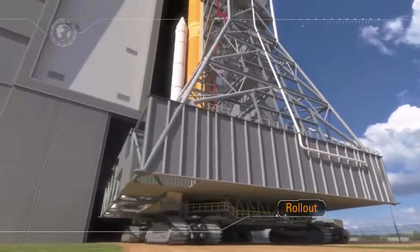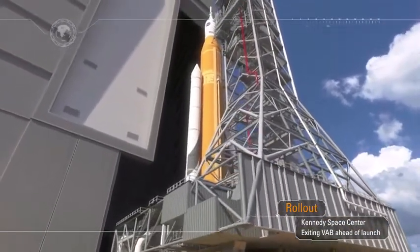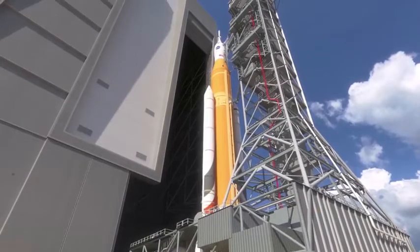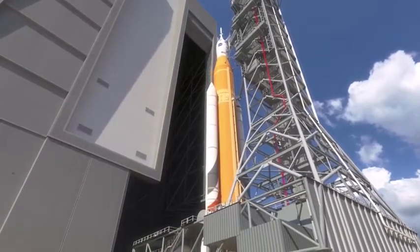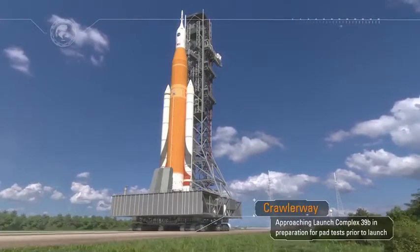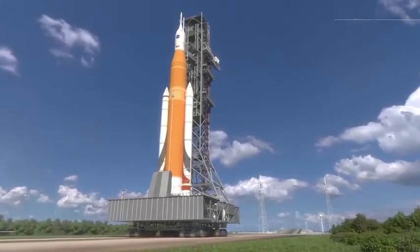Rollout from the Vehicle Assembly Building signals that launch is near. Sitting atop the mobile launcher, the Crawler transporter moves along the Crawlerway towards historic Launch Pad 39B at the Kennedy Space Center at a top speed of 1 mile an hour. After traveling over 4 miles, the rocket and the spacecraft climb up a ramp and are positioned over a flame trench. Once in position, the mobile launcher is lowered onto support posts and the crawler is rolled away to a